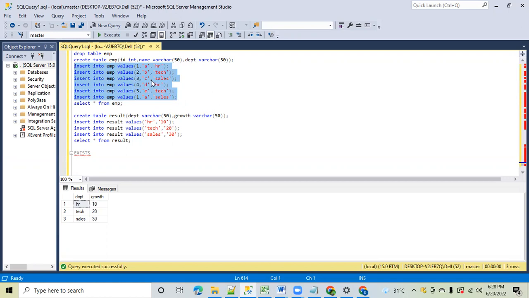So maybe suppose the requirement in the company is if the growth is greater than 20%, then these employees will get some increment. That's why they want to display the details of these employees if the growth is greater than 20%. If the growth is not greater than 20%, they don't want to display the records of the employee table. So for this, I will write this query: select